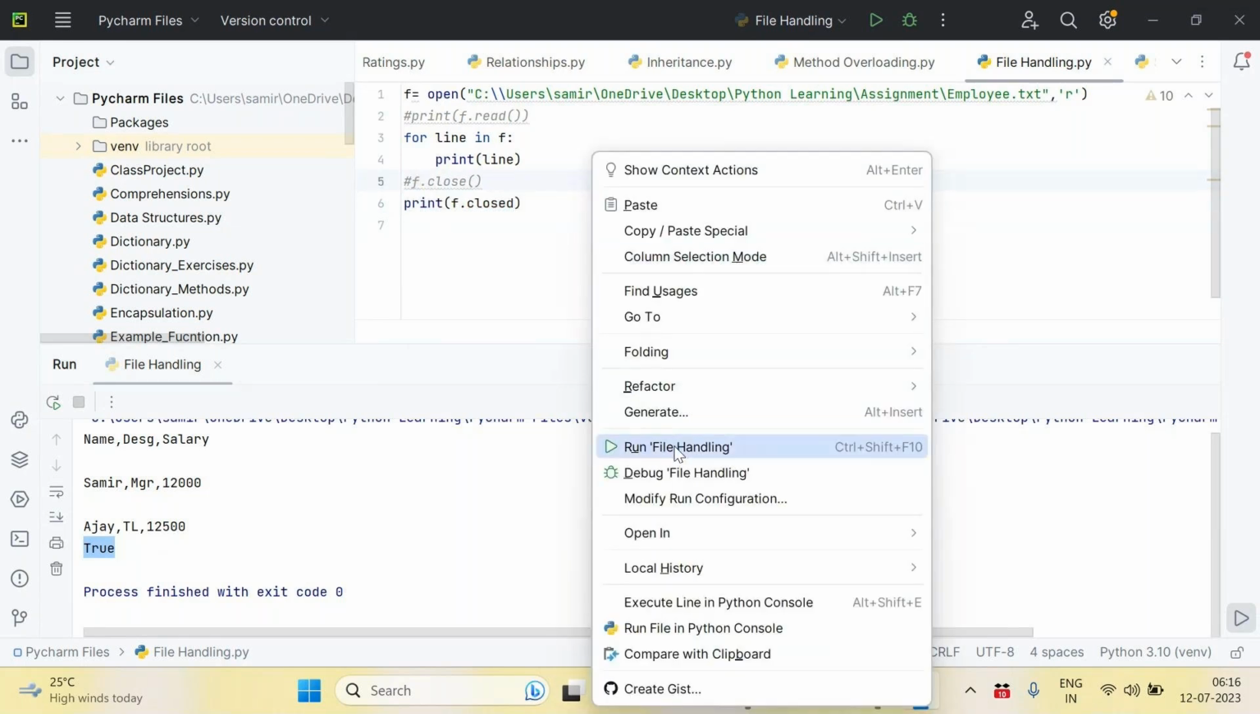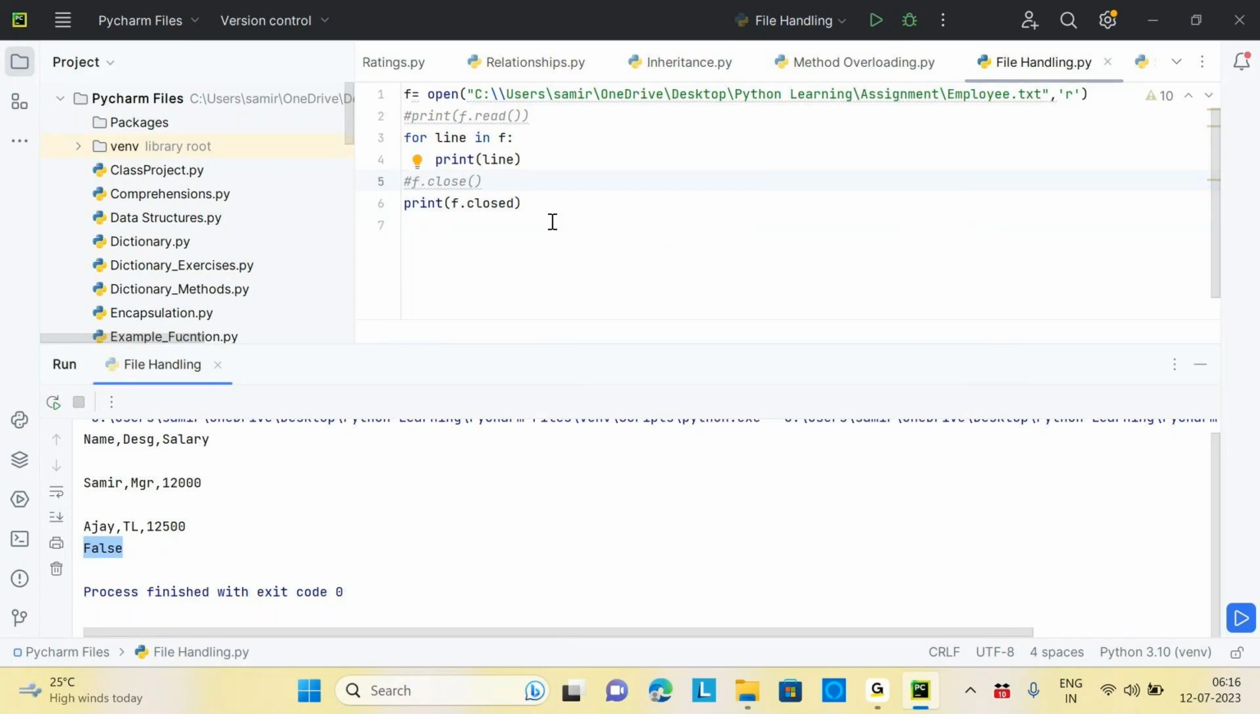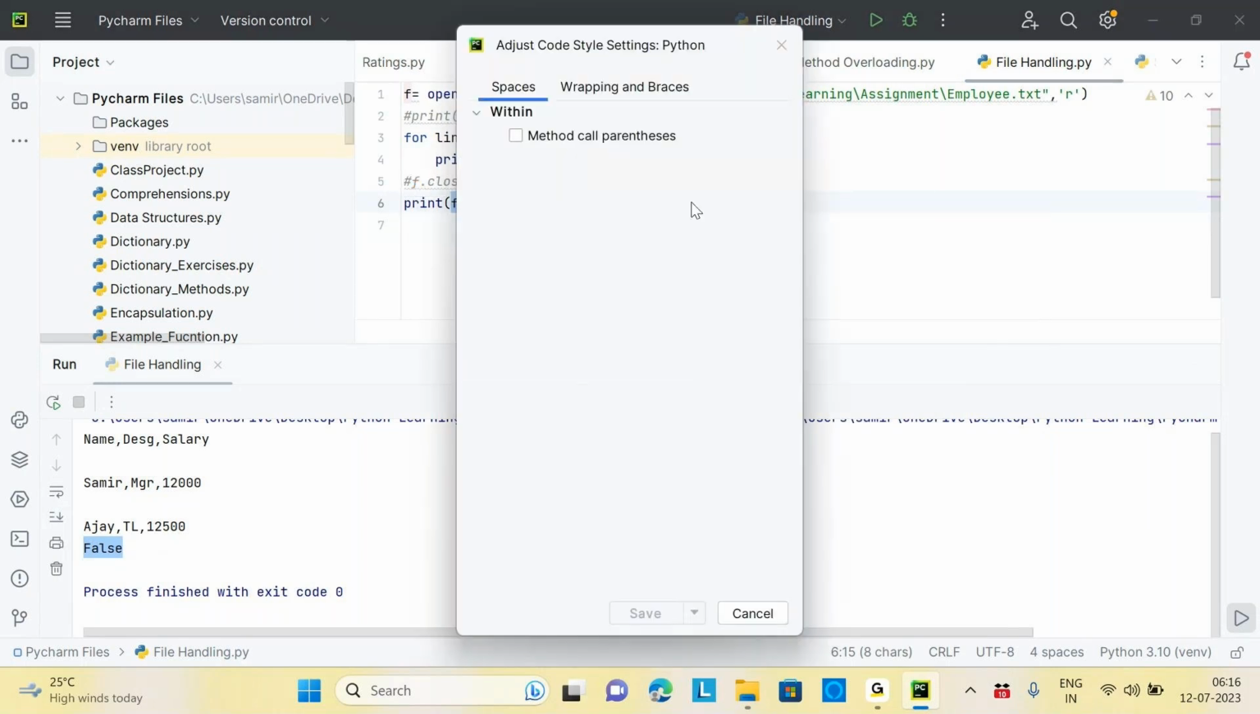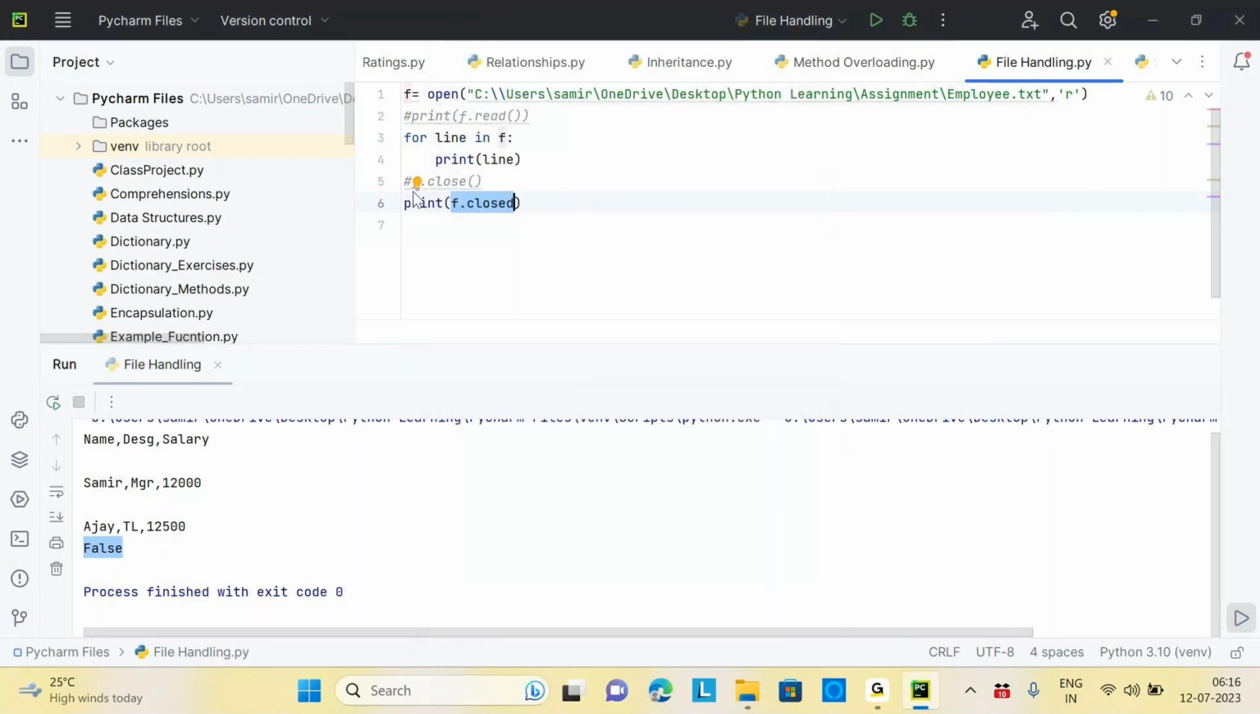Okay, got it? So this is also sometimes applicable, whether you want to check if the file is closed, and then based on that you want to perform something. So at that time you can use f dot closed. Okay, making sense? Yes. Okay,